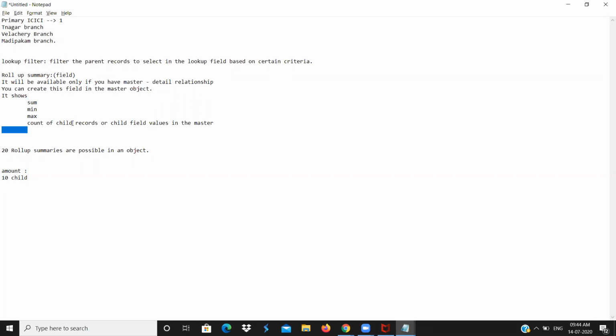Sum, minimum, maximum of some field in child, or total number of records in child. You have a filter criteria where you can neglect certain records while doing roll up summary. So 20 roll up summaries are possible per object.